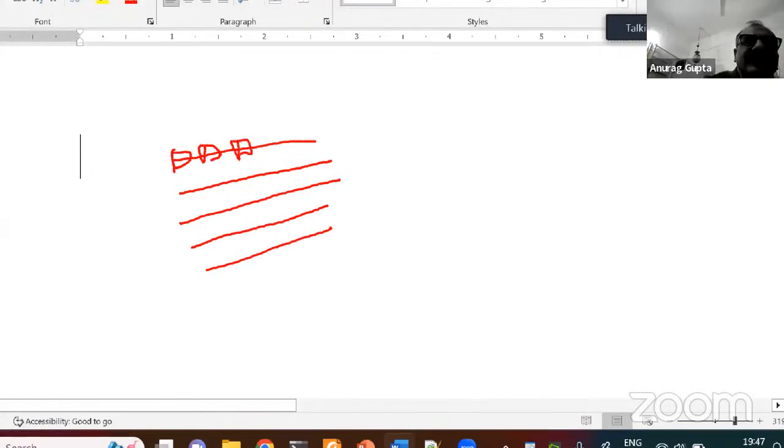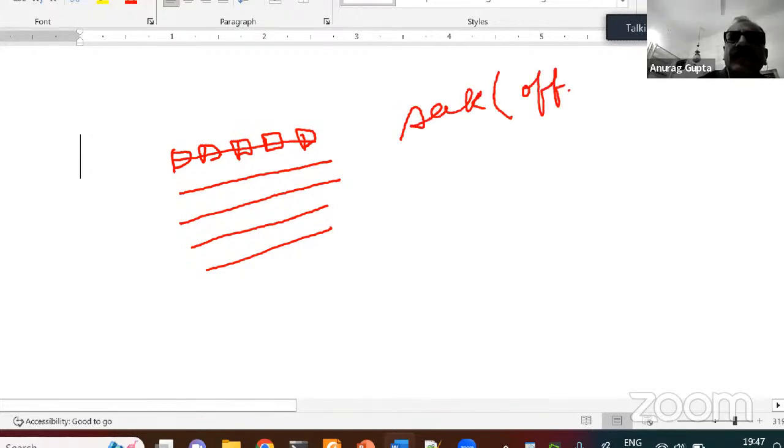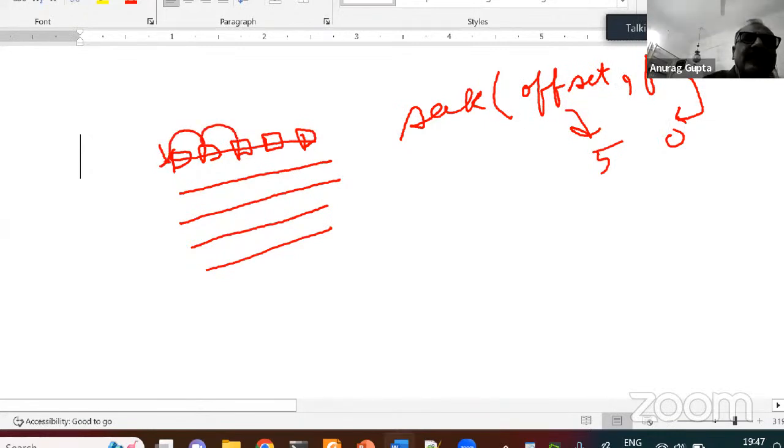Your function is seek, offset, from where. If from where is 0 and the offset is 5, what will happen? It will start from the beginning of the file, and the cursor will move 1, 2, 3, 4, 5. It will come over here. So the offset will determine how much it will move, and from where will determine the place from where it will start.